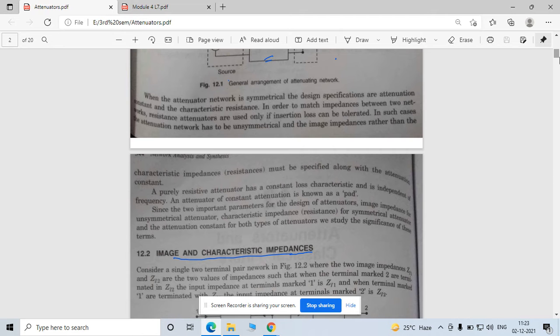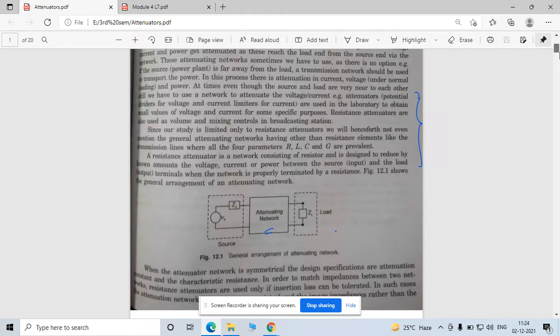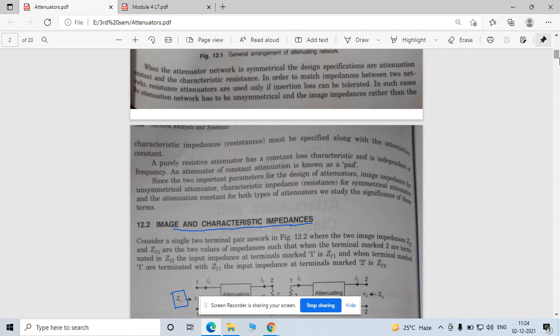Because when transferring any signal, your signal gets weak at the end of its range. Any signal has its own range, so at the end of that range your signal gets weak. By introducing this circuit in your transmission, you can better control at what voltage level you have to transfer your signal.